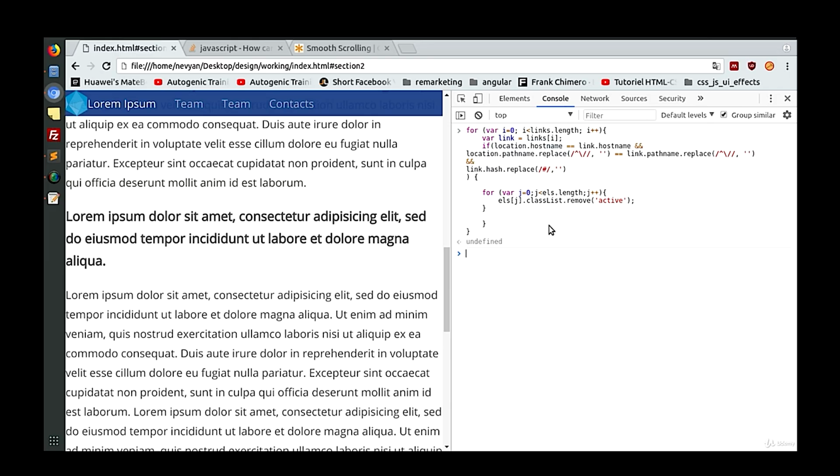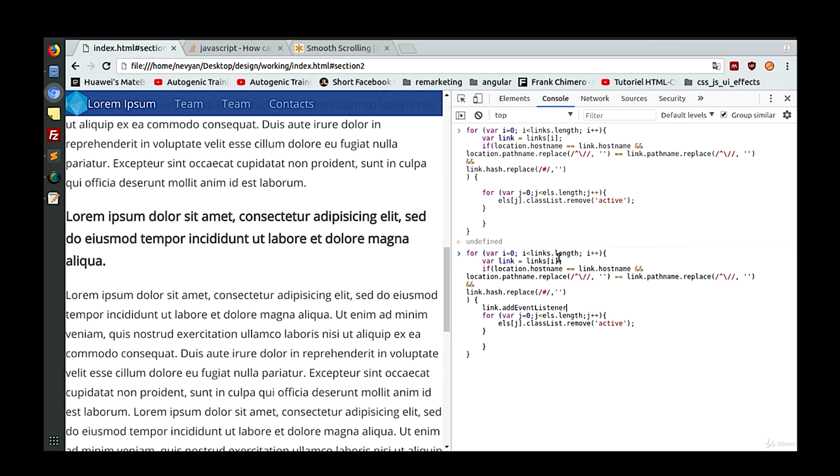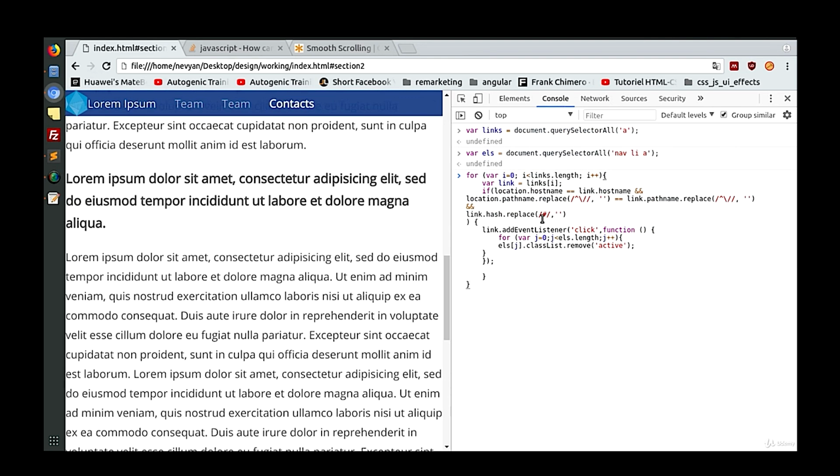When we run this code, we see that we removed the active class from the links, and it's good to run this code actually when we click on a certain link here. So we'll add an event listener for click, and it will run this function. The moment we click on a certain link, we'll remove the class active from it. Okay, so we have this code, and when we rerun it and click on some of the links, we see